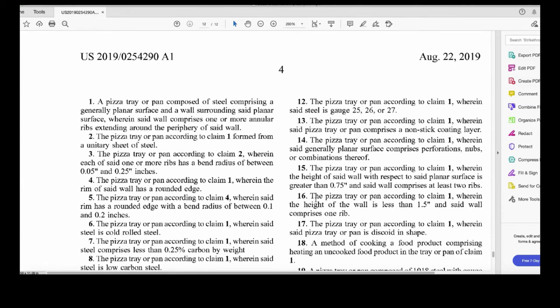And also, if this invention enters into a legal dispute, then when the patent goes to the court of law, the judge